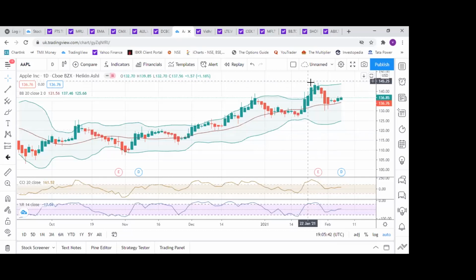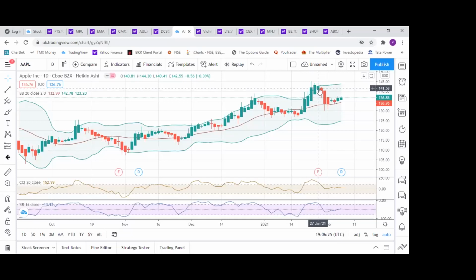Pricing has gone out and has come back. So you are expecting to have a correction down. So what do I do? I will use the low of that day as my stop loss. If I'm an active trader, I can always put a stop loss in the system and continue my game, hoping this will be green. If this is green on Heikin Ashi or on candlestick also, it should not go below my previous day's low. I'm actually stalking the price. I'm not putting a stop loss, I'm not even trailing it.